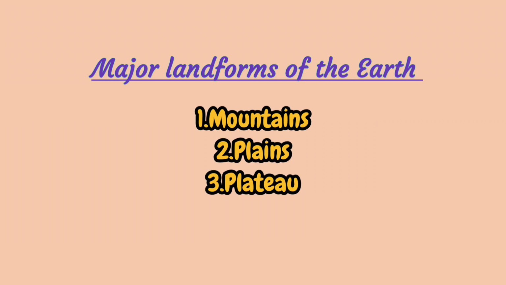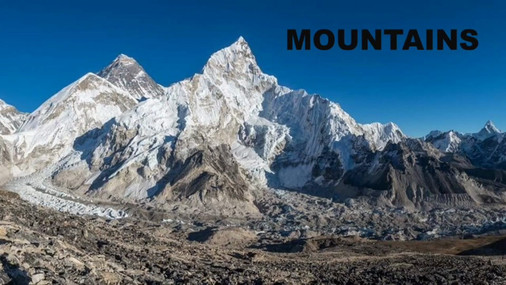Major landforms of the earth. Major landforms are the most noticeable features on the earth's surface. They make up most of the earth's surface. Mountains, plains and plateaus are the major landforms of the earth. A mountain is a landform that rises prominently above its surroundings, generally exhibiting steep slopes and a relatively confined summit